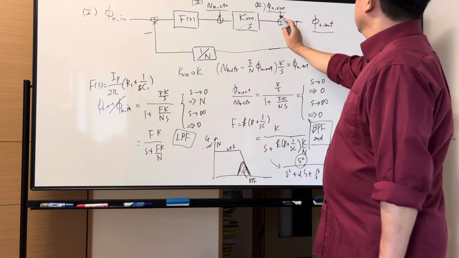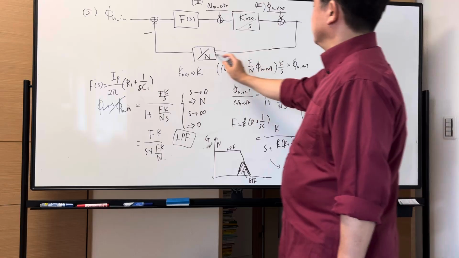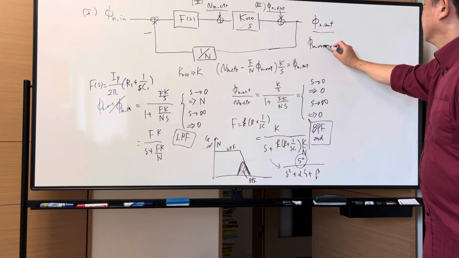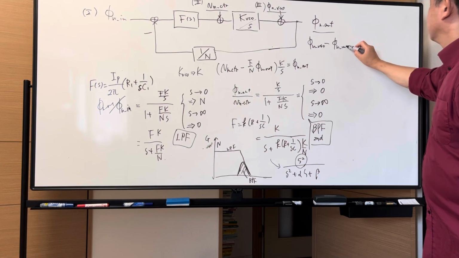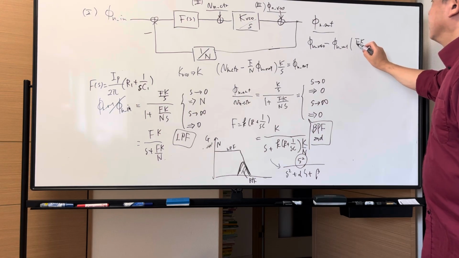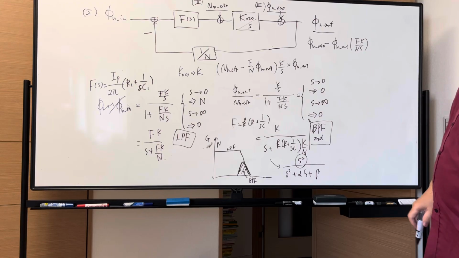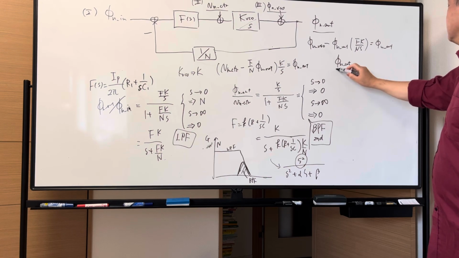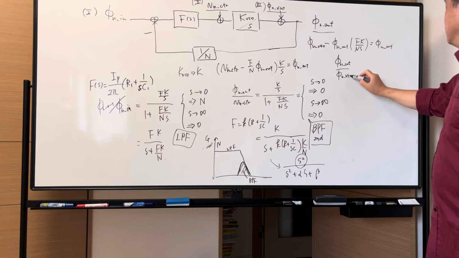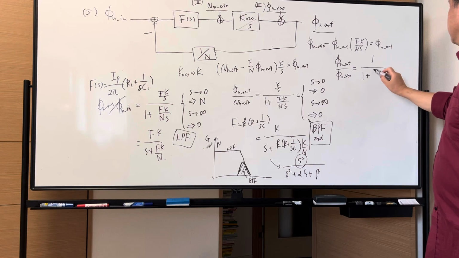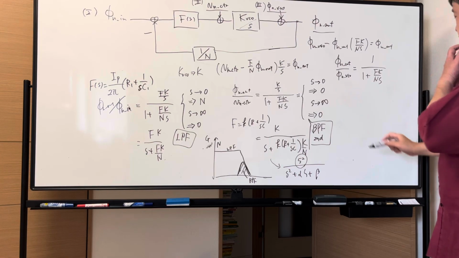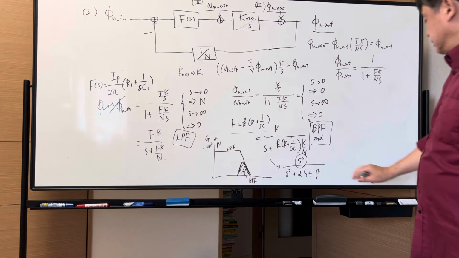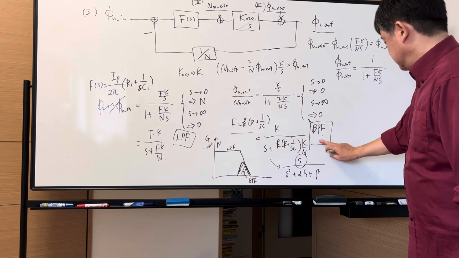And then finally we have here to here. This is added, subtracted by this Pn VCO, subtracted Pn out multiplied by Fk over Ns makes Pn out, which means Pn out over Pn VCO is 1 over 1 plus Fk over Ns. F is this, and this is, sorry,